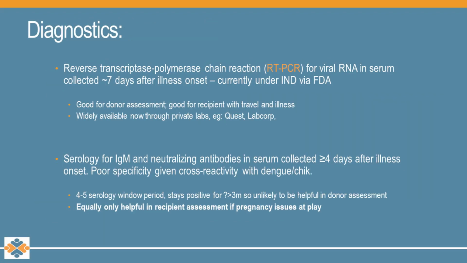Diagnostics these days have become a little bit more freed up since the FDA gave us a wider expansion to allow PCR testing, and this has in fact included some donor evaluations, and I'm sure many of you now participate in work that can allow Zika testing. It's widely available through our community labs now, through Quest and LabCorp, for example. And although there is serology, it's not really helpful in the transplant setting, I don't think, because it has such a long lag time, as I said, with also poor specificity and cross-reactivity. So really, if you do think this is an issue for one of your patients, a PCR would be the way to go.